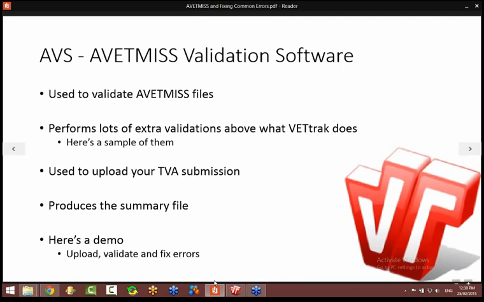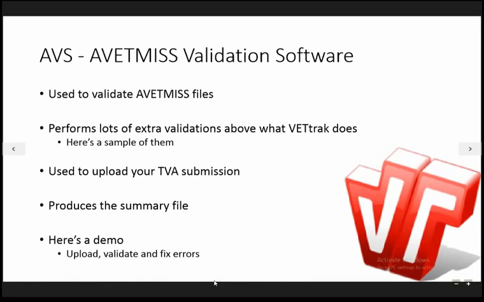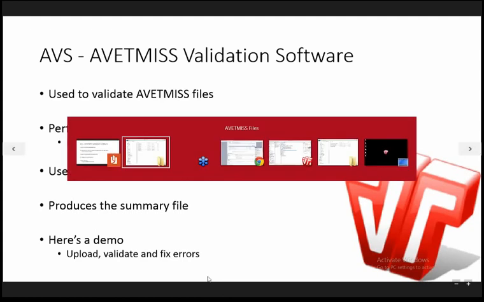Okay, how do we do that? We use a thing called AVS, the AVETMISS validation software, which is fairly new and replaces an older program that was an AVETMISS thing that had to be installed on your computer. This is a much better way of doing things. It's used to validate the AVETMISS files, and it performs lots and lots of extra validations way above what VETTRAC does. And if you're interested in what they are,